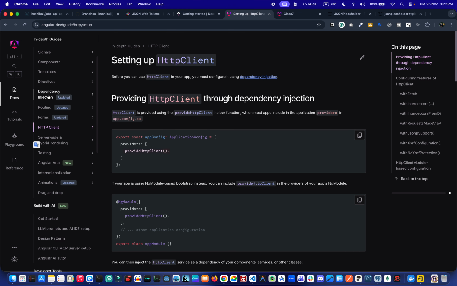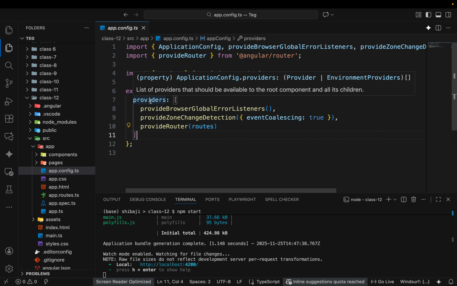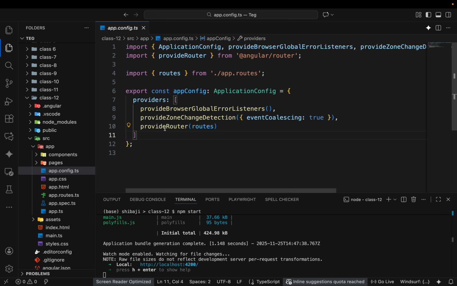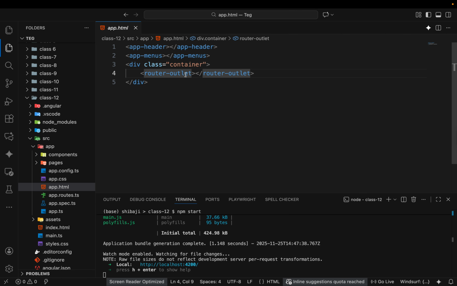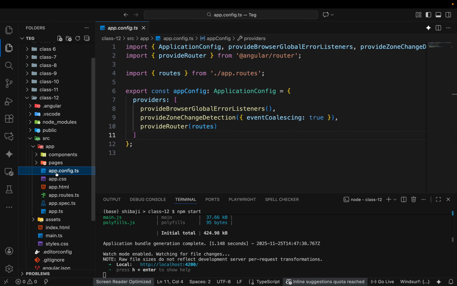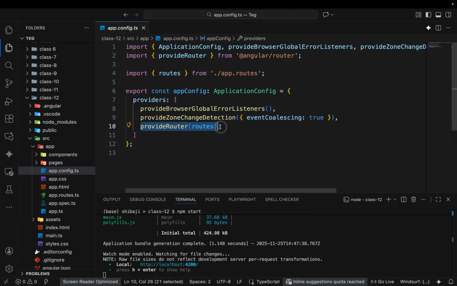If we created any service class, that service class needs to be injected here first for dependencies support, and after the dependencies are created, then we can use those facilities in our component. Basically if we want to use this router outlet part, this router outlet also needs to be set up before in app.config